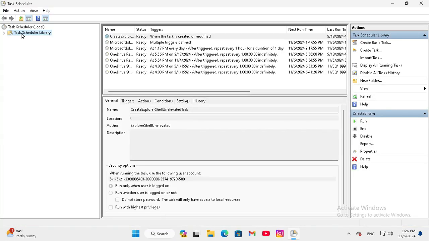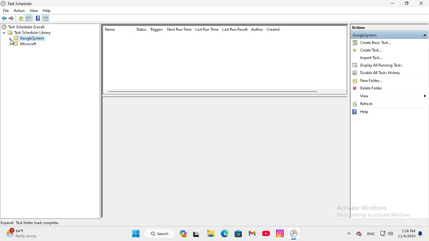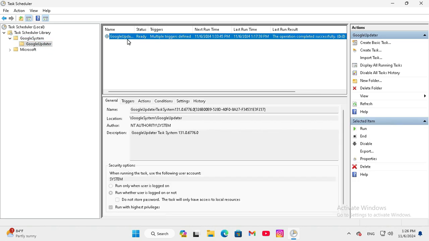Now expand the Task Scheduler library and then you will find Google System. Just expand it and you will find here Google Updater. Click on Google Updater. Google Updater task is ready and its operation completed successfully last time, and you can disable